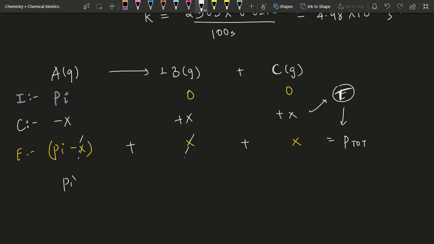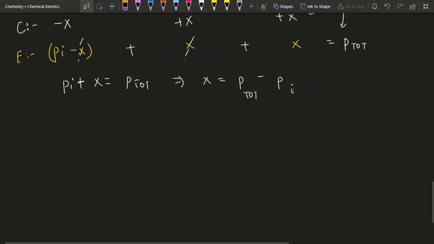So you have pi plus x equals P total. I messed it up earlier. So x would be equal to P total minus pi. There have been a few mistakes in this video, but anyway, once you have figured out what x is,